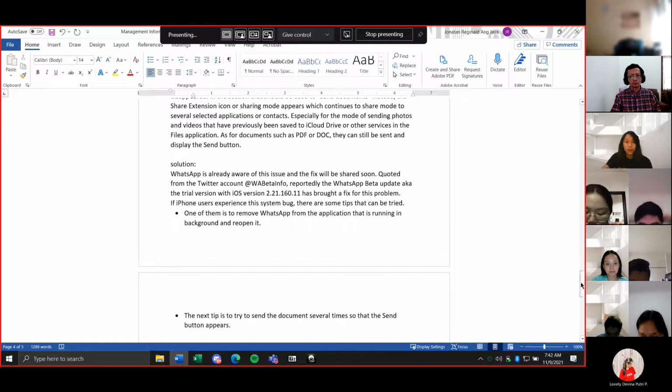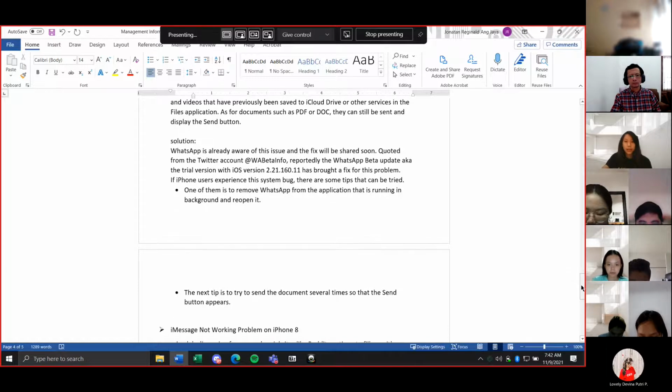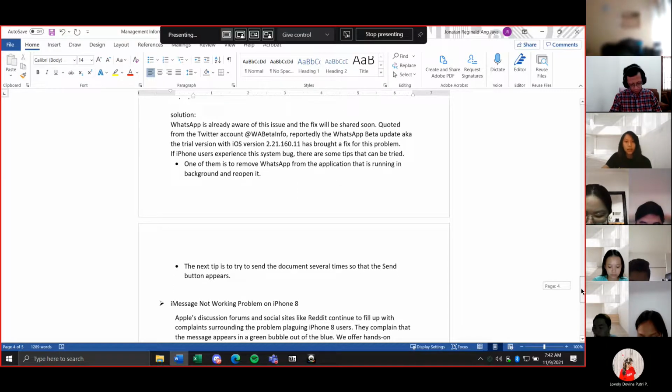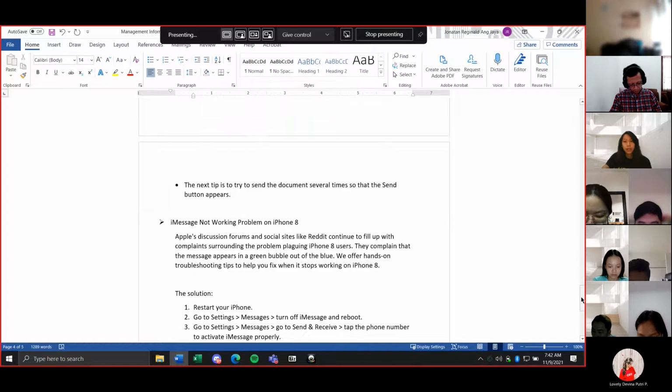If iPhone users experience this system bug, there are some tips that can be tried. One of them is to remove WhatsApp from the applications running in the background and open it again. The next tip is to try to send the document several times so that the send option appears.